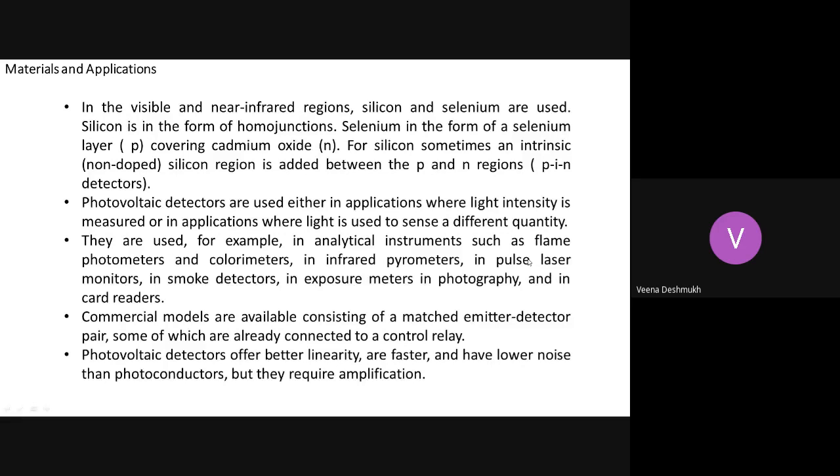And in all our optical communication systems, we require these photo cells. All the optical communications require light generation at one end, that is the source end, and light detection at the other end. So by sensing how much amount and which particular wavelength is coming, on the basis of that, further circuitry is activated. In smoke detectors, all crucial applications, they use this. In exposure meters in photography.